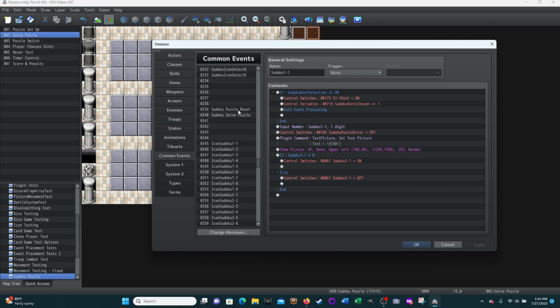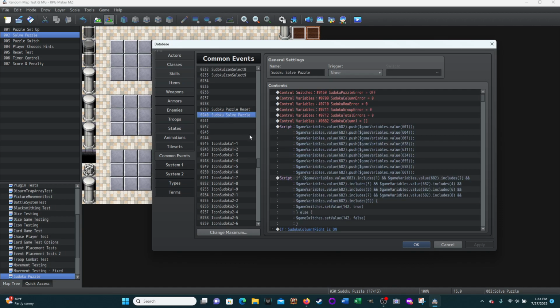Okay, so now we're not doing the puzzle reset yet. So Sudoku solve puzzle. This is the common event 240 that's being called when the player tries to solve the puzzle. And the way they do that is that this solve puzzle event basically puts a little question mark down at the corner of the screen, and it is clickable. So the player can click on it, and that triggers this event to run to see, are there any errors